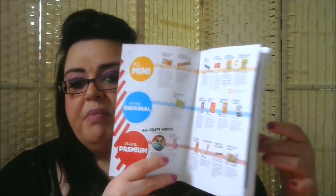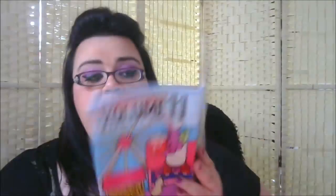Now there you can see, oh look, mini, original and premium. So they're the 3 kinds of boxes. In the mini box you get 1, 2, 3, 4, 5 items. In the original box you get those 5 items plus an additional 1, 2, 3, 4, 5, so that's 10 in total. And then in the premium box, which is what I got, you get those 10 that are in the other 2 boxes